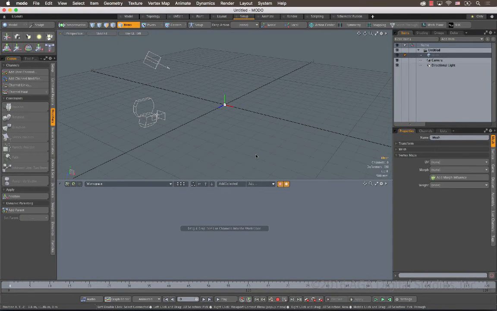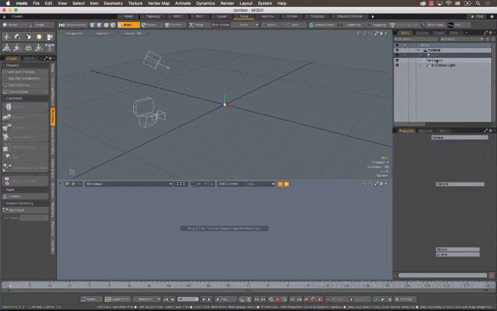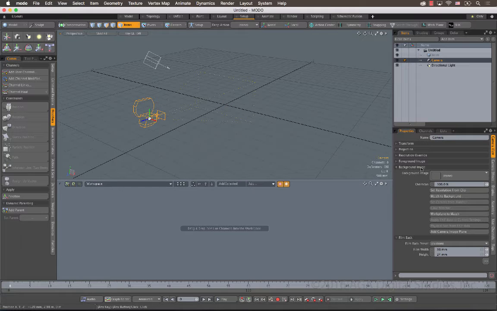For the next part of the 902 coverage, I want to talk about projection textures and shaders. This takes us further with the camera matching that we've already done a couple of videos ago. So let's go ahead and reiterate what we did with camera matching, because that's imperative to actually get the projection shaders to work. So in this setup tab, we're going to select the camera, and down under background image, we're